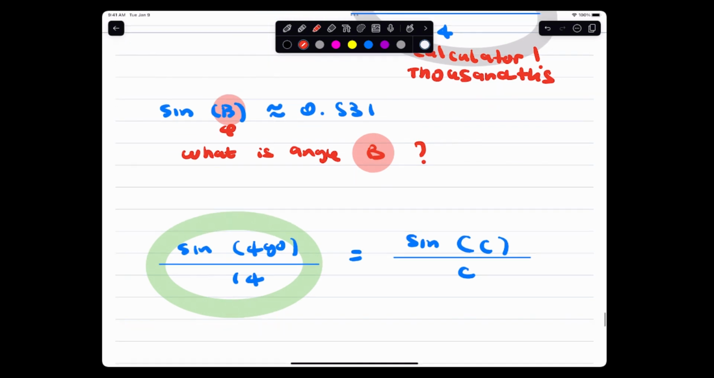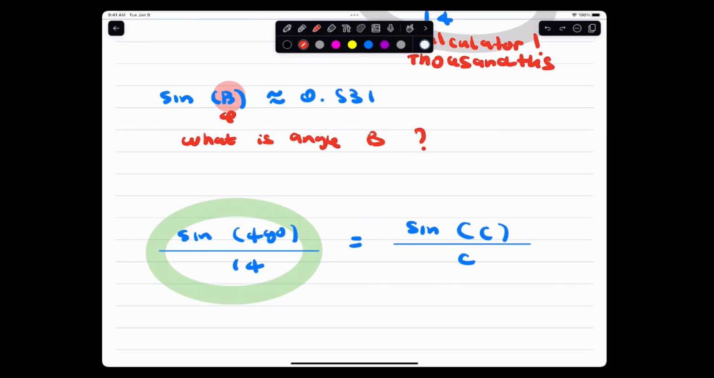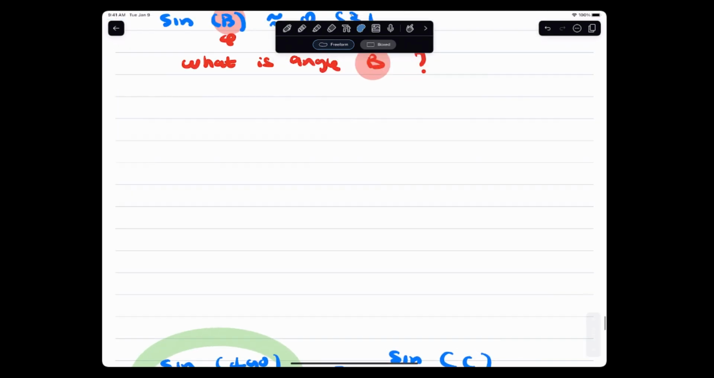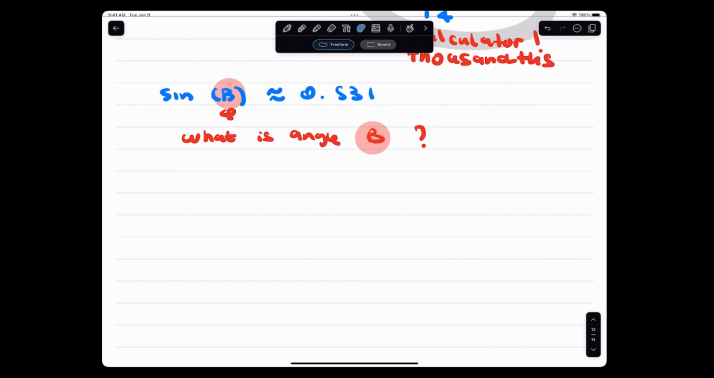Now, this is going to go into, we're going to study a few things in our future. But the book starts us now with this. So what I'm going to say to you guys is this. You can solve for angle B